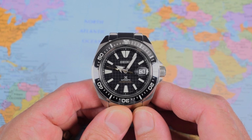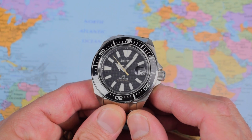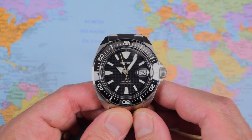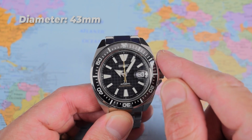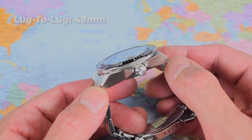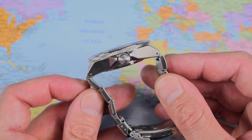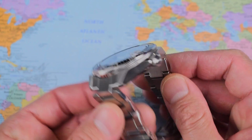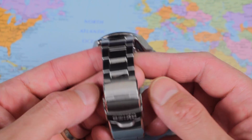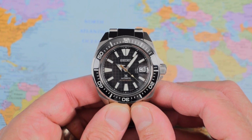But you certainly get plenty of watch for your money with a Samurai. It's big and it weighs quite a bit. It doesn't disguise its weight particularly well, the big Sam. So again, do bear that in mind also. I measure it at 43 mil in diameter with a thickness of 13.3. 48 lug to lug though, so it is quite wearable, though as you can see there, those end links, the mid links do protrude a little bit, but they do point down at the same time. 22 millimeter lugs, tapering down 2.5 mil to 19.5, back up to 22.5 at the clasp. Sized up for me, I told you she wasn't light,